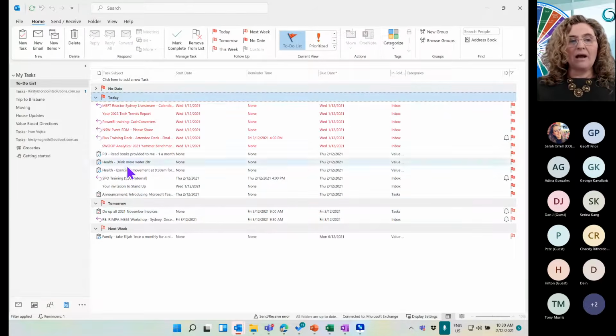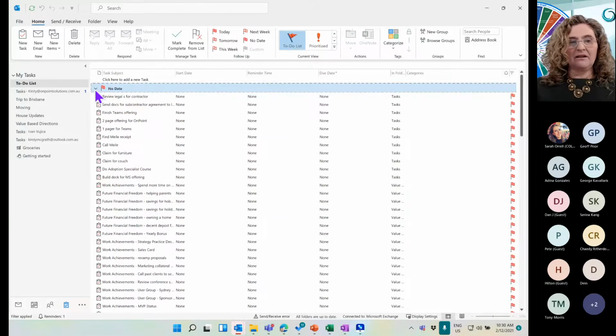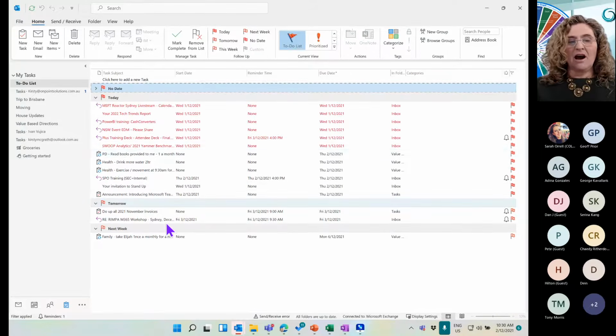My task list that's from here, what I've got is information that's going to flow down from Planner as well as, so I've got lots up here that I can actually have a look at, flowing from Planner, flowing from tasks. I can see if it's got a reminder. This is all sitting over in my task list in Outlook. And you saw all of that flowing all up into To Do. Okay. So when I say To Do becomes my manna heaven of all things task, this is why, because I have one place now that I can go to have a look at my task management.